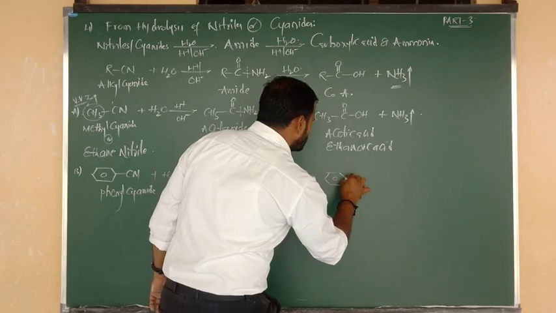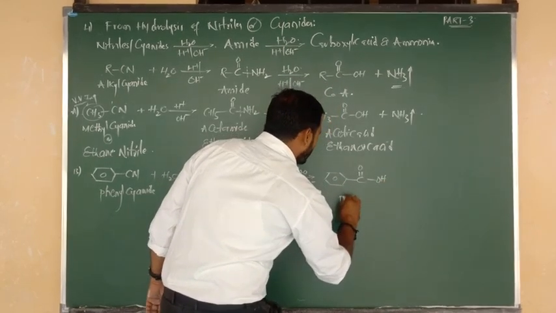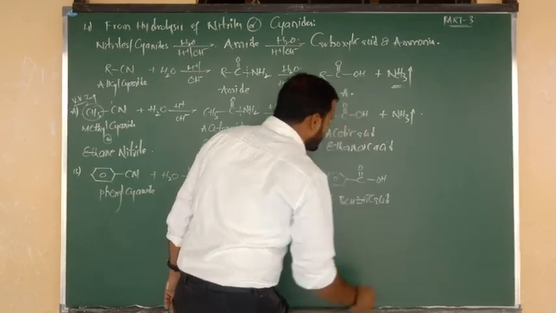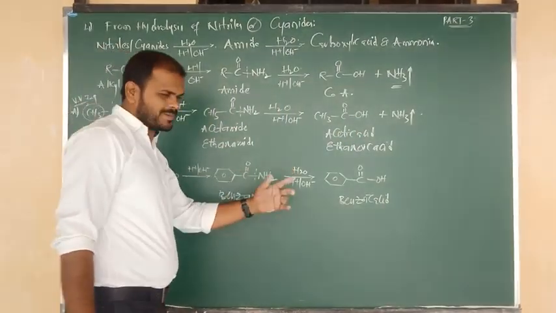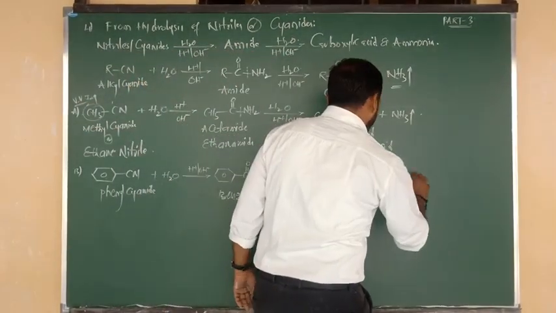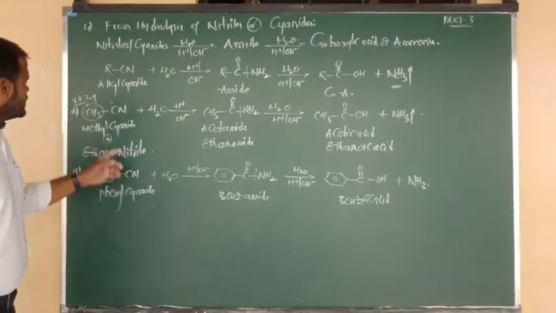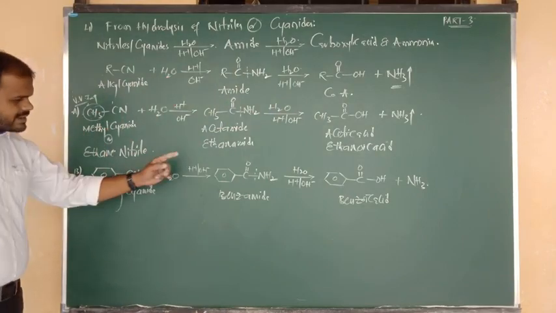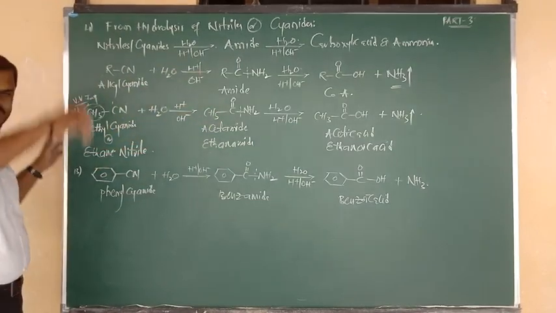So what is the formula of benzoic acid? Benzene bonded to C double bond O, C double bond O bonded to OH. This is your final carboxylic acid. Aromatic acid, it is known as what, beta? Benzoic acid. And NH2 takes H from the water molecule. Same thing, we can eliminate the gas, that is nothing but ammonia. Okay. So methyl cyanide gives acetamide, acetamide gives acetic acid. Phenyl cyanide gives benzamide, benzamide gives what, Nana? Benzoic acid. Both are similar methods.